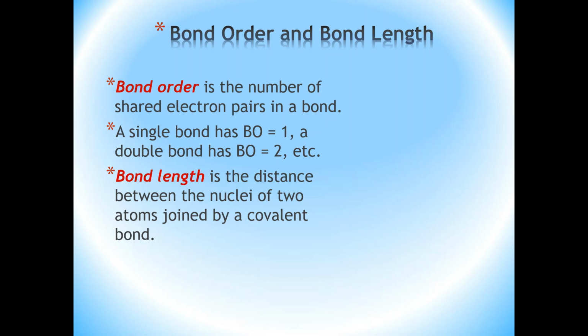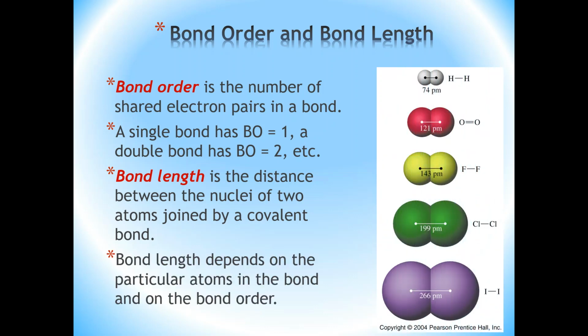The bond length is the distance between the nuclei of the two atoms joined by a covalent bond. And it turns out that the bond length is affected by several factors, not the least of which is the nature of the atoms involved in the bonding and the bond order. All right, so some examples are shown here. So the hydrogen to hydrogen bond length is 74 picometers, for oxygen is 121 picometers, and you see values given